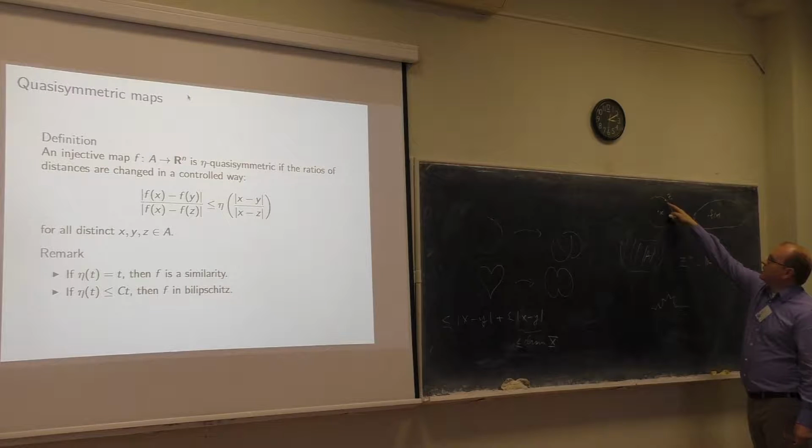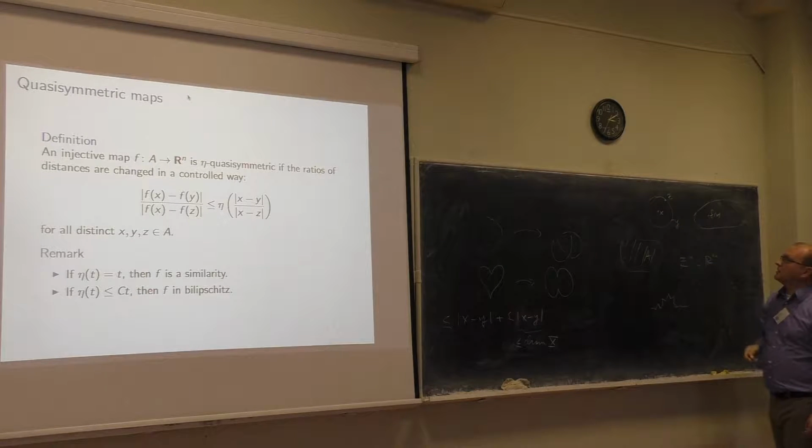So because the distance from z to x is the same as y to x, it follows that, for example, if y is something that minimizes this distance to the boundary and z is something that maximizes the distance, then you see that this ratio L divided by L cannot be bigger than this eta function at point 1. And the eta is some strictly increasing function,